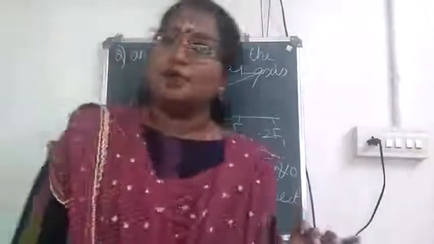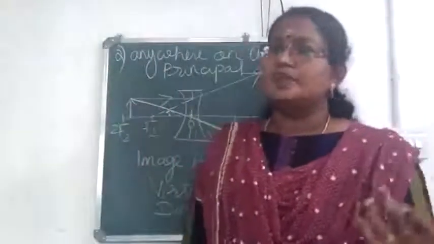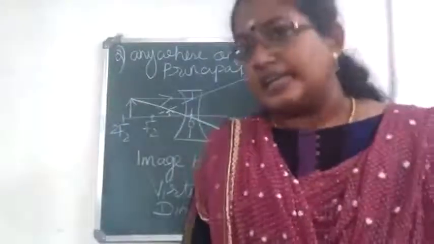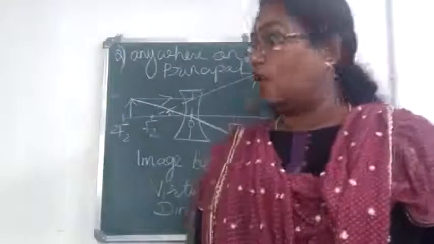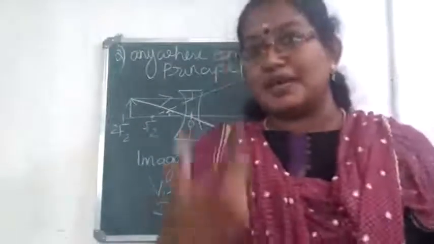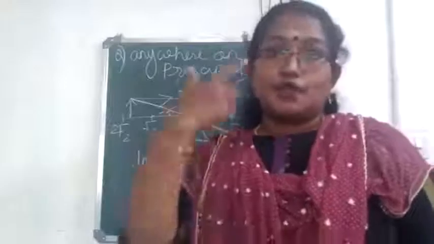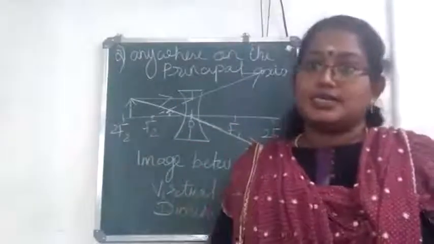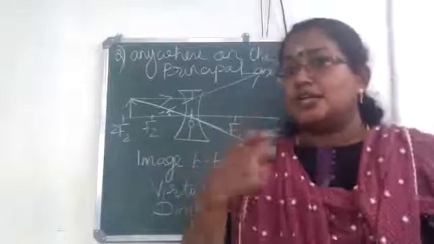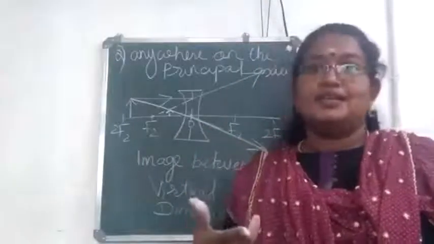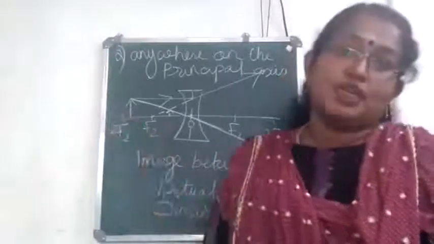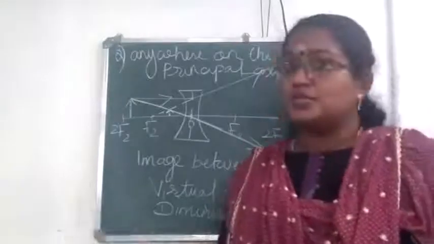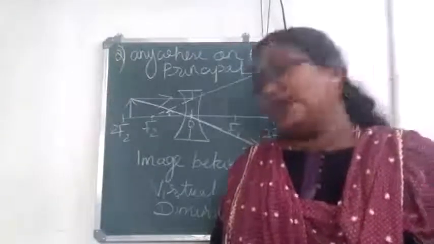And about the use. I think I didn't say about the use in the previous case, the one where the object is at infinity. It is used in a Galilean telescope, so please add it there. And in this case, it is used in the spectacle for a myopic eye, for short-sightedness. Short-sightedness is also known as myopia, and to rectify it we use a concave lens. So this type of image formation is used there. Write the application also: it is used in a myopic spectacle.